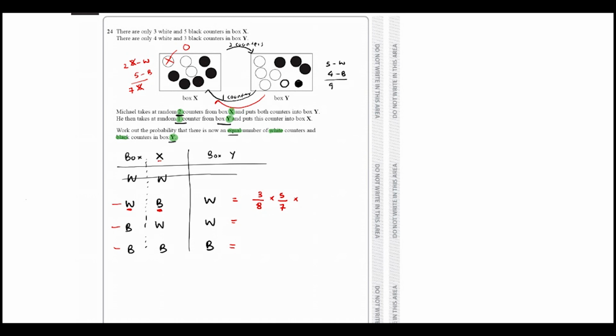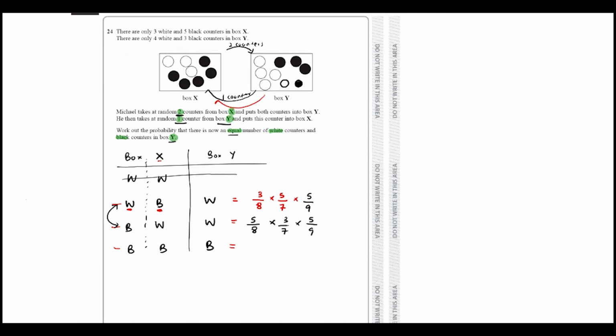Then from box Y, we are choosing a white. From box Y, the probability of choosing a white, we have 5 chances out of 9. So that's the probability path over there. Then in the next path, if you take black first, we have 5 out of 8. Then white, we have 3 over 7, the same thing, and white again 5 over 9. Basically, these 2 paths are almost the same, because just a black-white switch is happening over here. But in the last path, you will have to, of course, do it again.